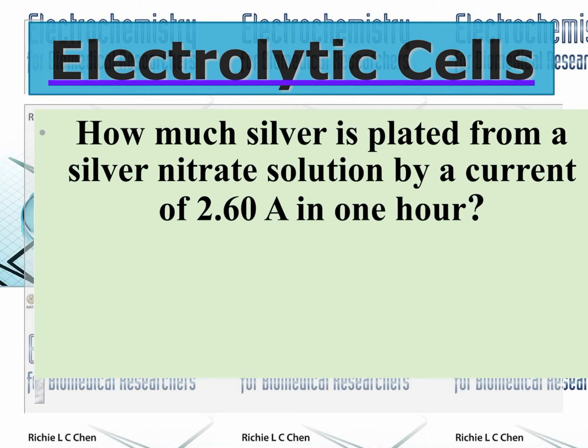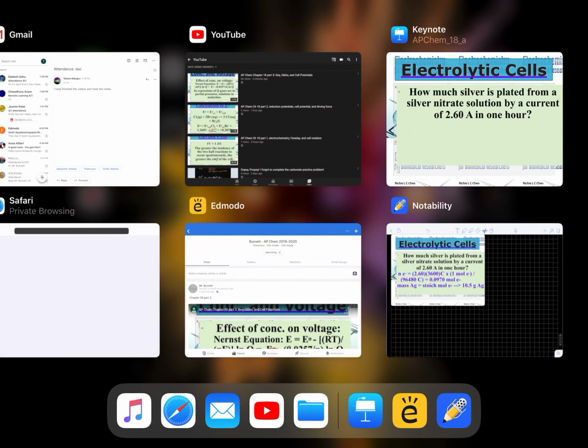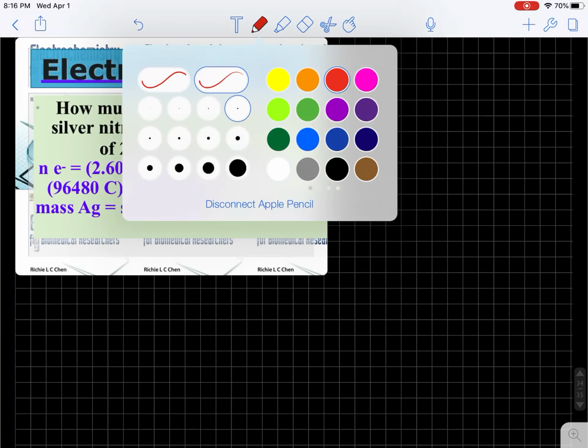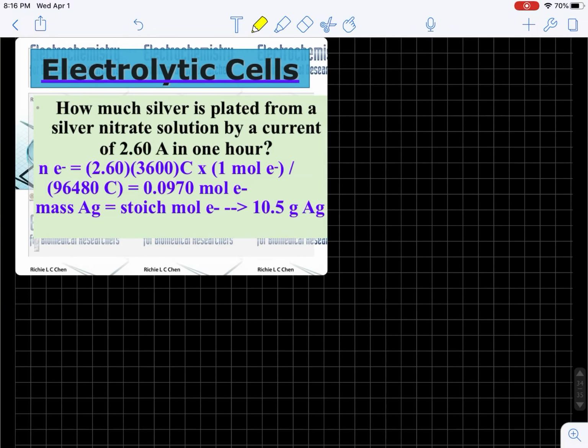All right, so first problem, we're going to silver plate something, which means we're going to take a solution of silver nitrate, and we're going to run a silver electrode, or any sort of metal electrode, actually, that doesn't react with this silver nitrate, and we're going to cover it with a layer of silver. We're going to do that by pumping in a current of 2.60 amps in 1 hour. All right, so this is a pretty easy calculation, as long as you remember that